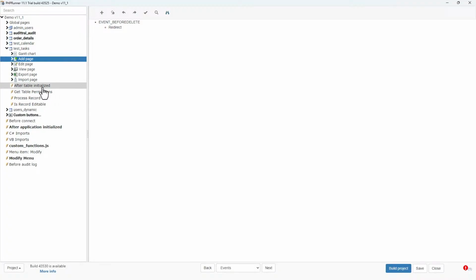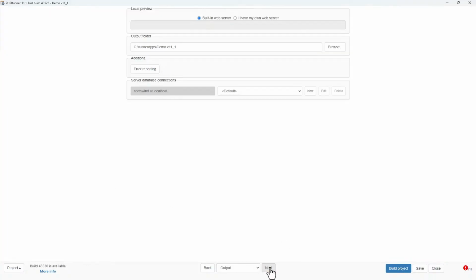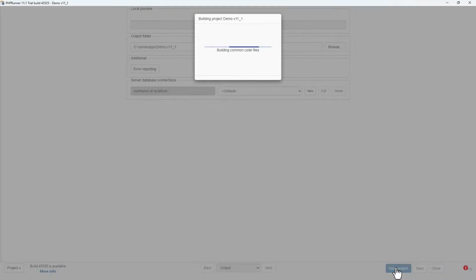I for some reason expected some sort of other events, but it looks the same to me. And again, we reached the end of the project, so let's just save it and build it.